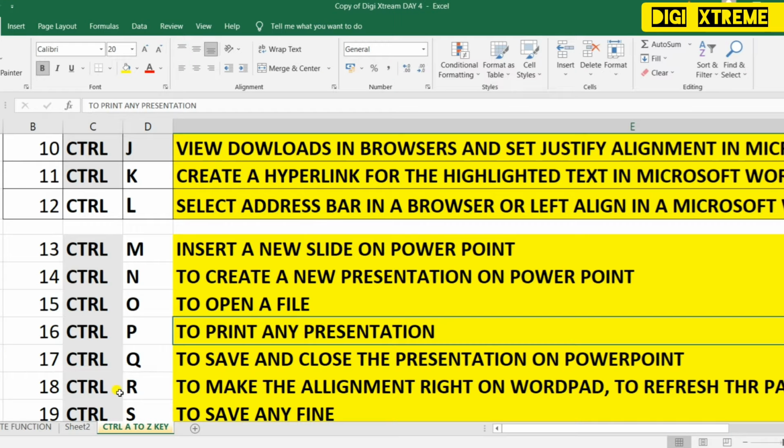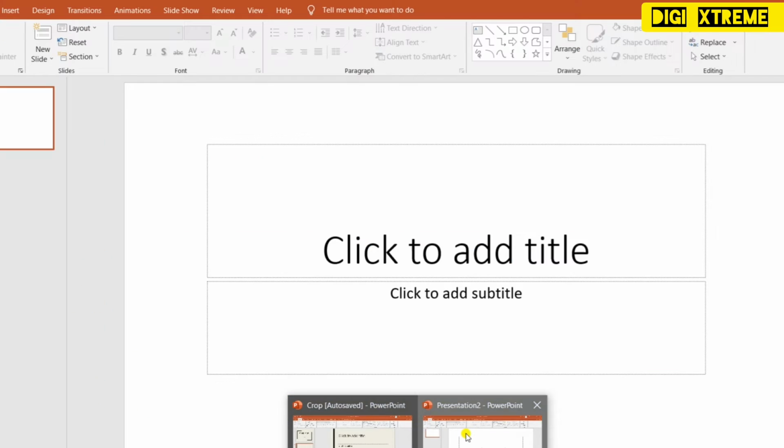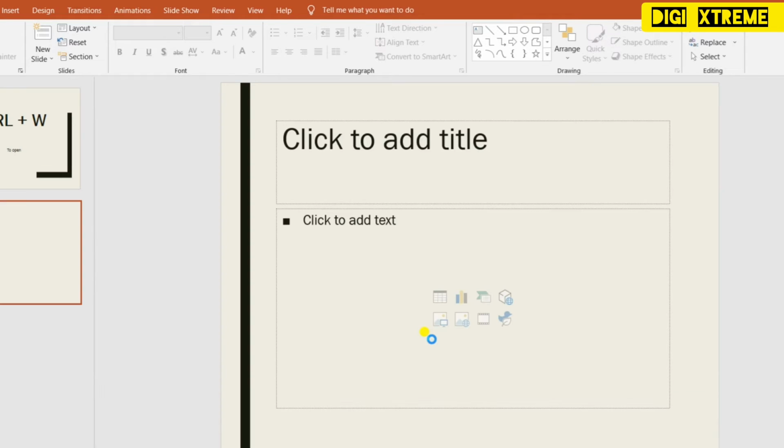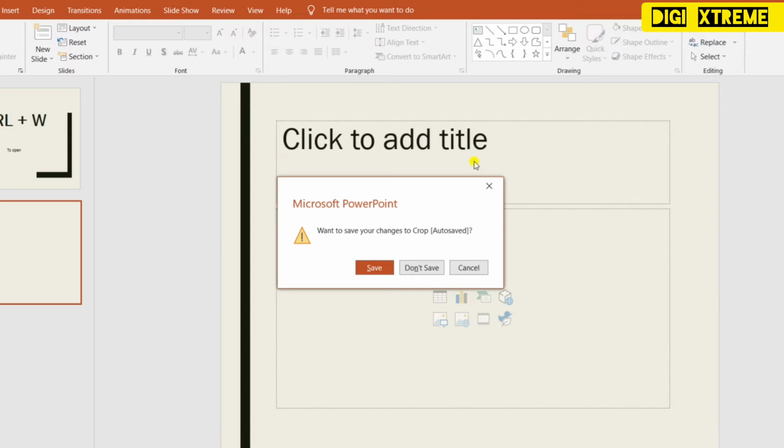Next one is Control Q. Control Q is used to save and close the presentation in PowerPoint. Let me show you this. I'm on PowerPoint. Control key Q. It is asking whether I want to save my changes.